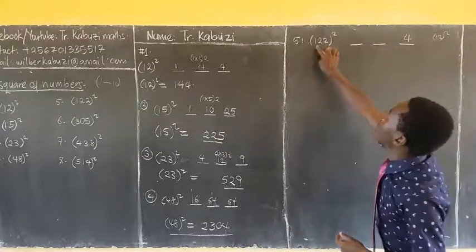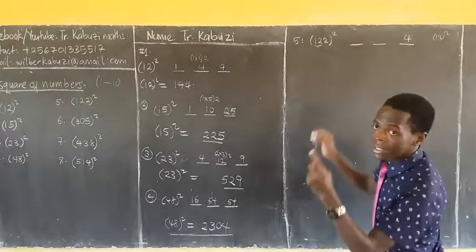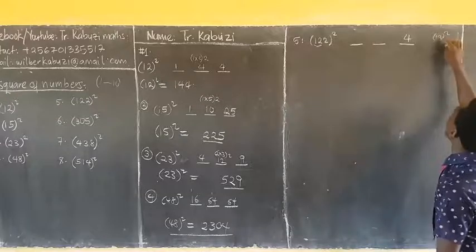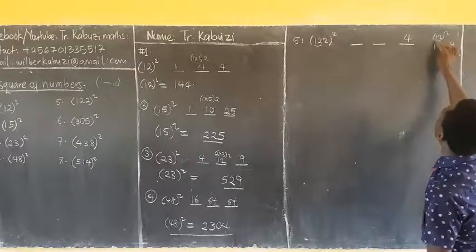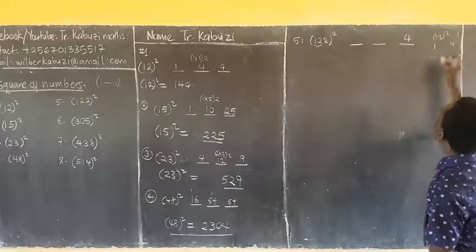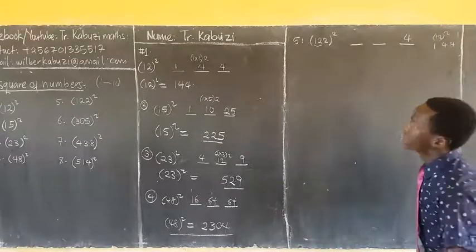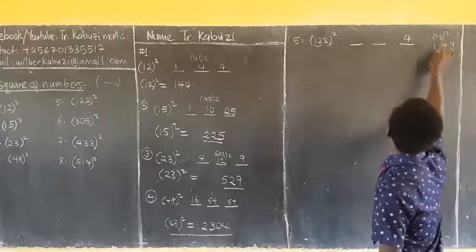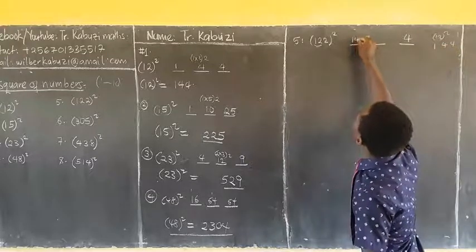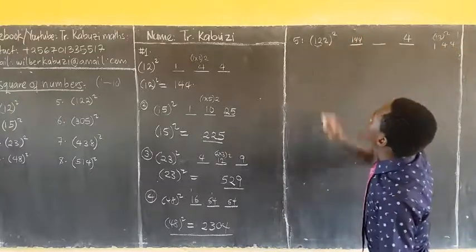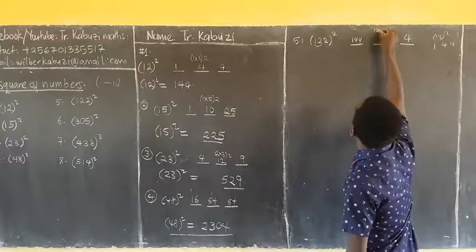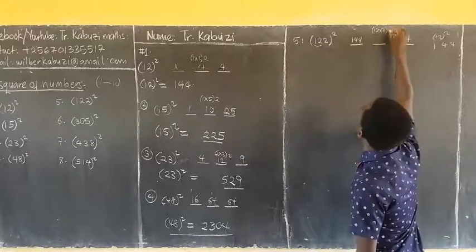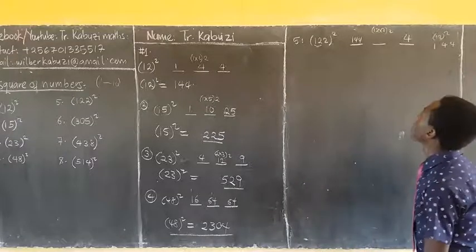You square this, then you also square this. Now we are treating this as one number. So you saw that in this one you get 4, then you get this one here, then you say this time is this, it is 2, then by 2 we are having that. Now, when you square this, you get 144. Then this and this, that's 24. Then by 2, so you say 12 times 2, then by 2. There we shall be having